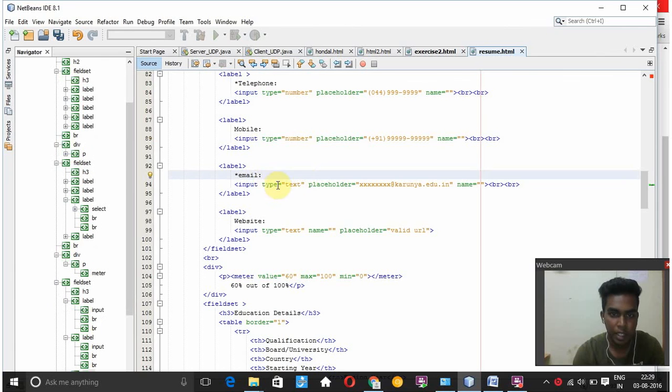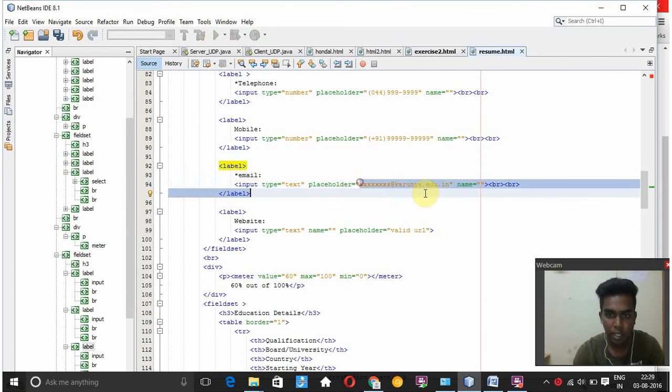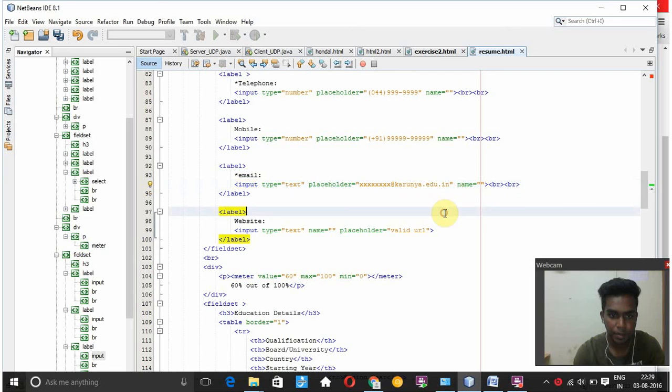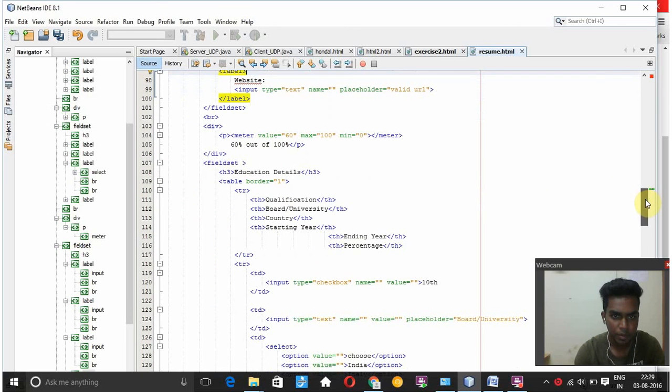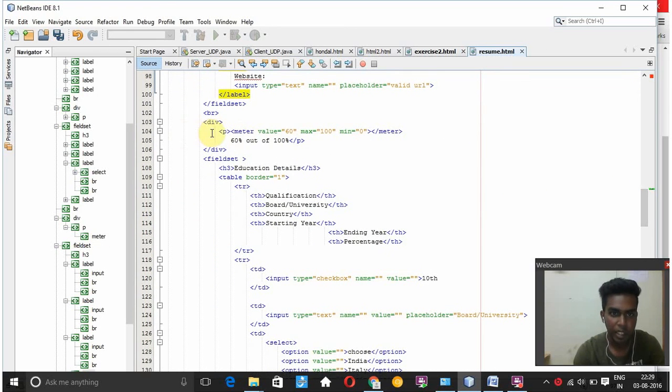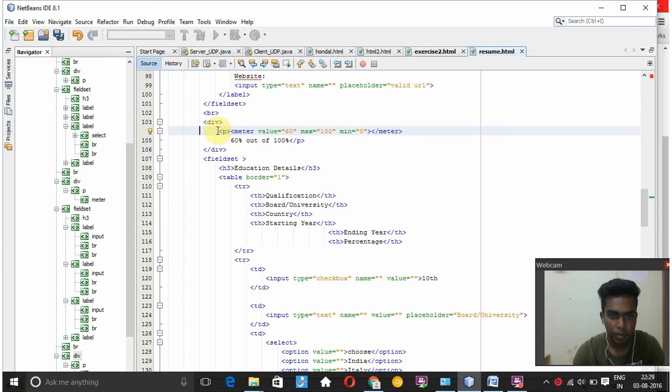And in the email, the input type is text, in which we can enter the text. And again at the end of it, we have the meter value as 60, which is supported with the help of paragraph tag to display it separately.